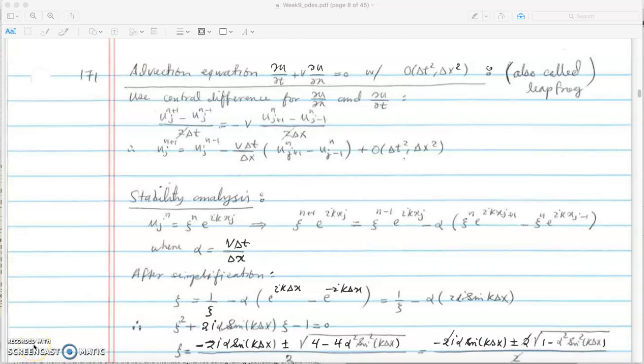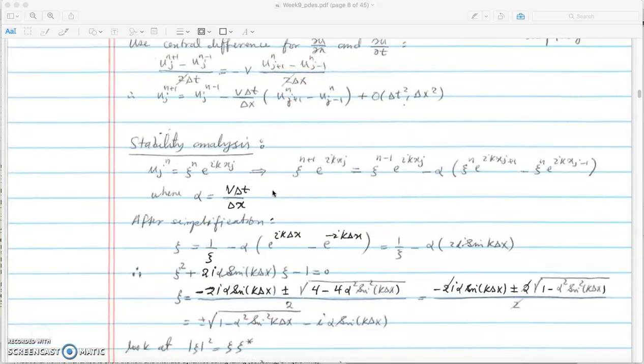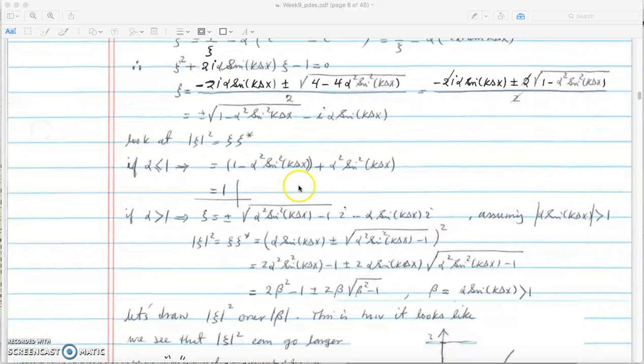Welcome back to part 2 of central difference in time, central difference in space to solve the advection equation, or the so-called Leapfrog. Alright, so the equation we were trying to solve was du/dt plus v du/dx equals 0. We showed that if you use von Neumann stability analysis, we end up getting an equation like this,